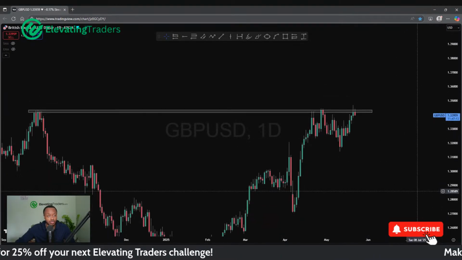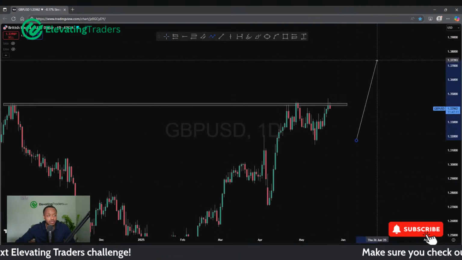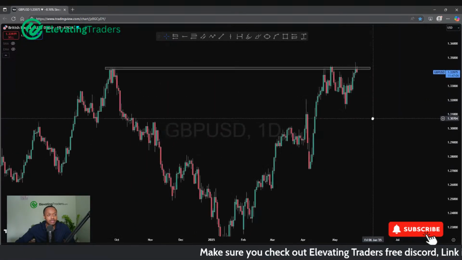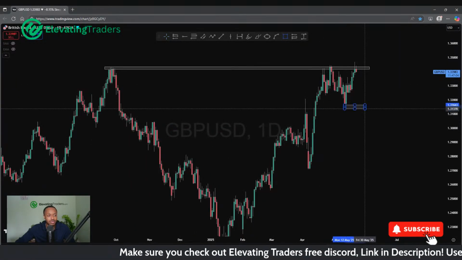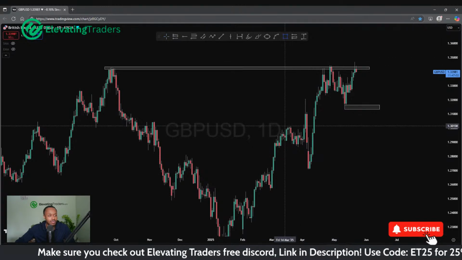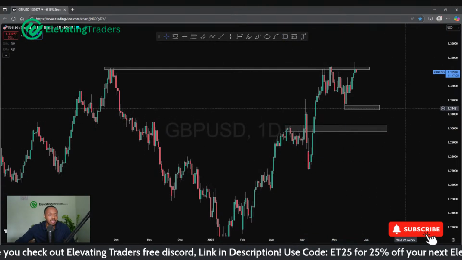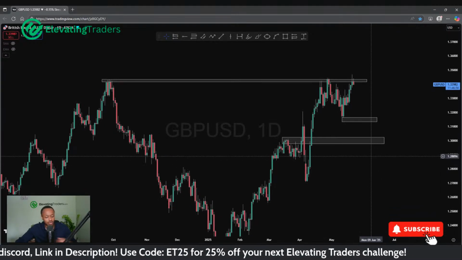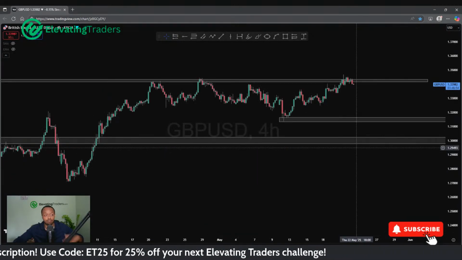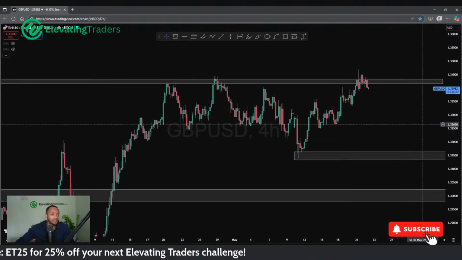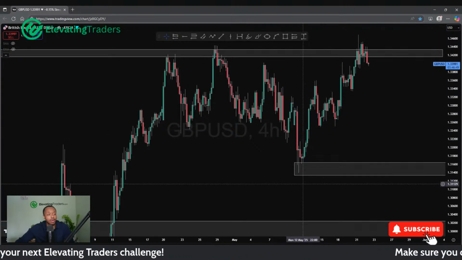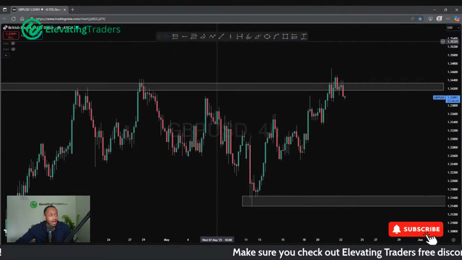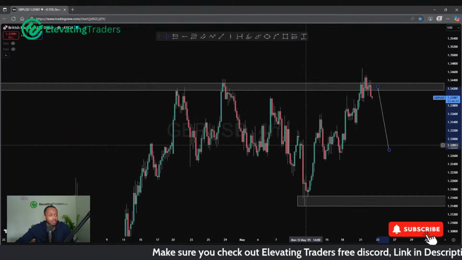Now, I still think the bigger move for pound is very much to the upside, absolutely. But if I'm looking to buy it, I need price to return back to some strong areas of support for me to consider going long. And that would be 1.31, 1.3. Those would be areas which I'd be happy to long from a swing bias, of course. Intraday, there will probably be some buying opportunities beforehand. But at the moment, looks like we're failing at highs. Perhaps there might be some downside now for pound USD.